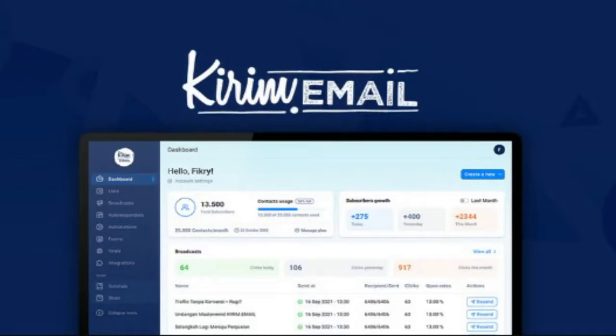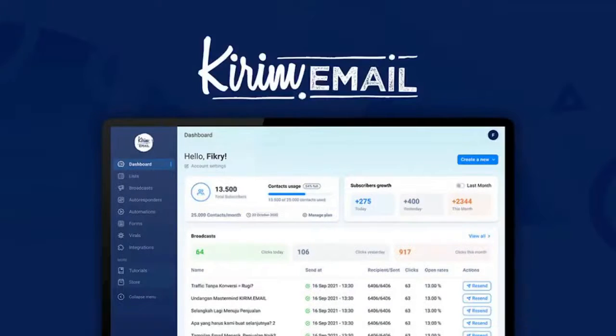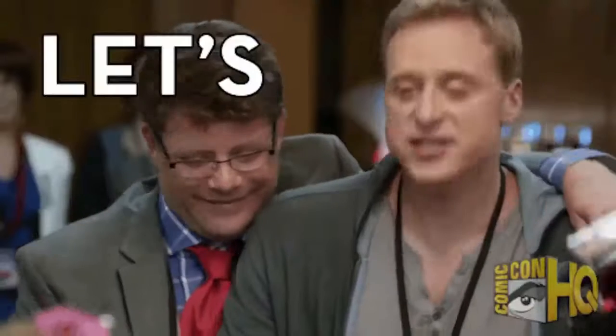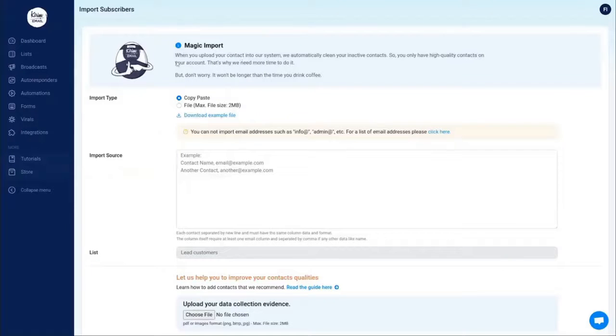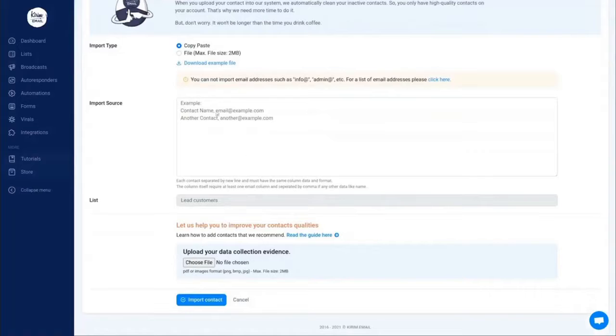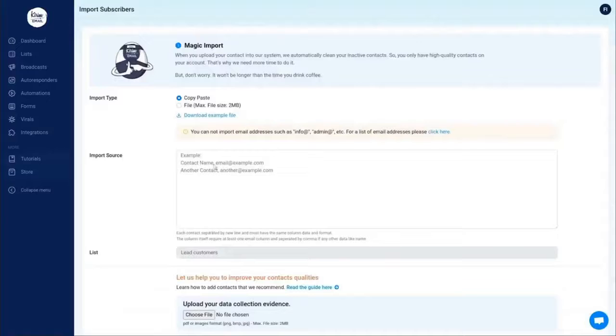Simply enter your dashboard, and after that you can use magic import, copy-paste, import types, import sources, and lists, and you can import all your contacts if you want. You can integrate easily with Zapier, Facebook, Google Ads, Telegram, and so many other things.